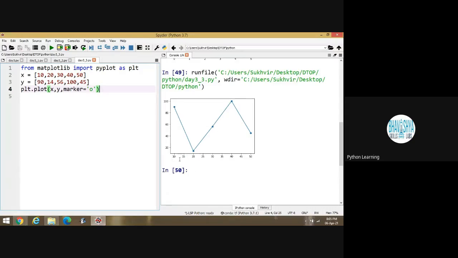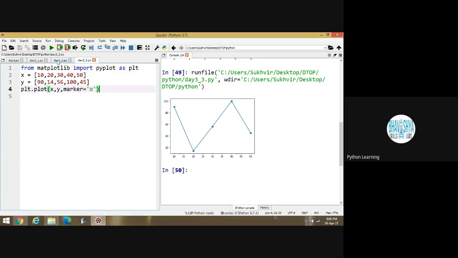Now the values on x-axis and y-axis both are defined inside the program. Is the content clear or not? Sir, if y is not defined, it would become a straight line. Yes, that depends upon the values. No issues. That depends upon the value.